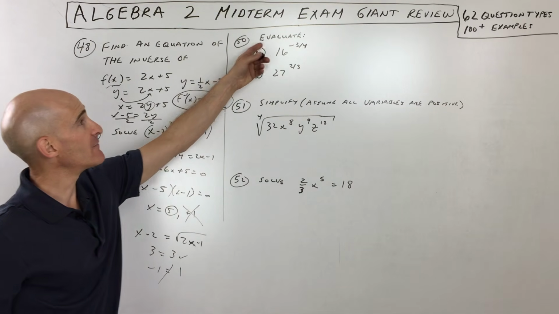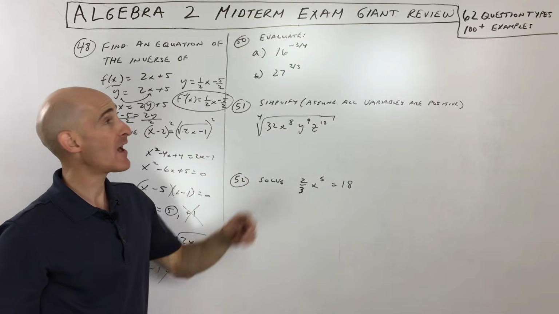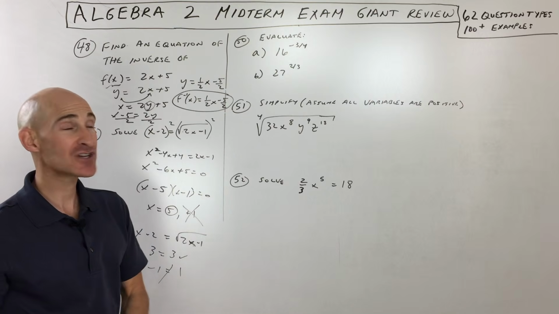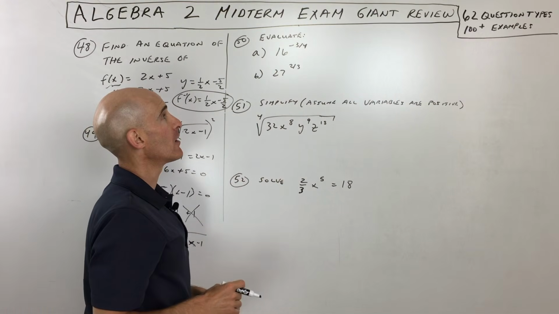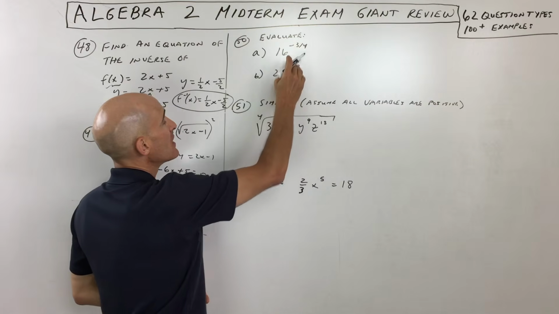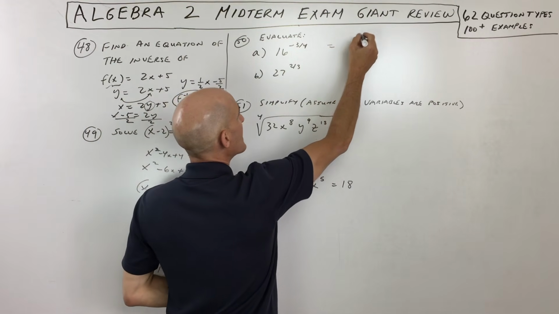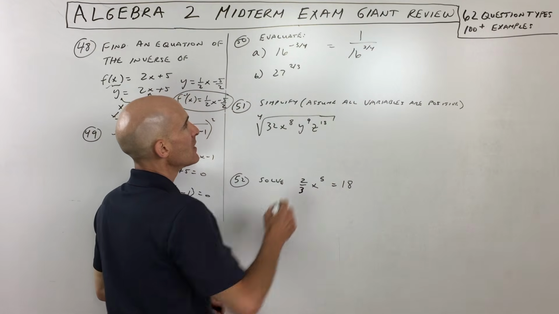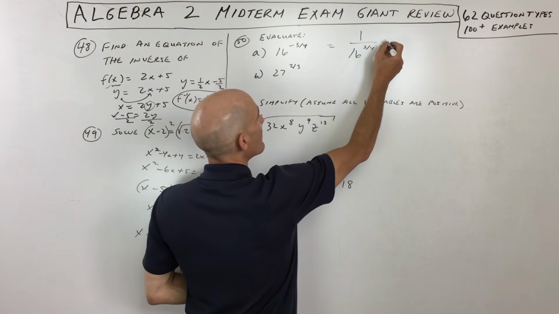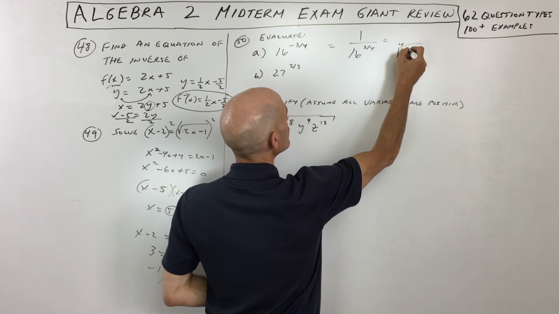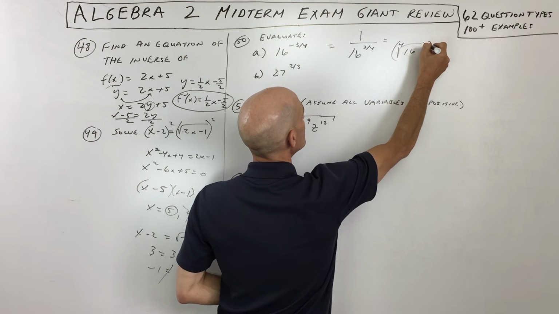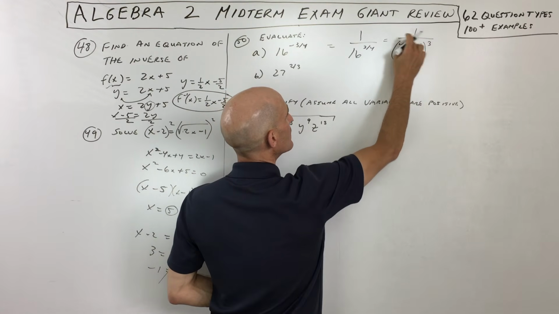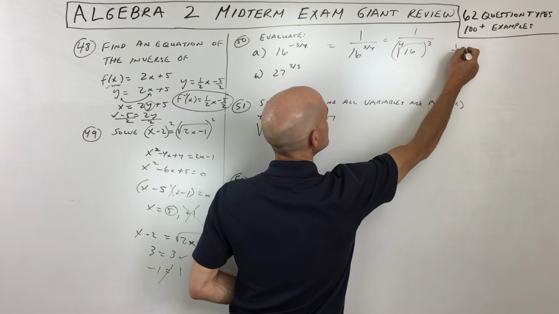Okay, number 50, it says evaluate. Now remember when it says evaluate, that means find the value. And what they're testing us on here are rational exponents, or what could be called fractional exponents. Ratio means like a ratio of an integer divided by an integer. Now remember, when you have a negative exponent, that says to take the reciprocal or move it to the other side of the fraction bar. The denominator is the root, the numerator is the power. So what we're really looking at here is the 4th root of 16 cubed. So what number times itself 4 times is 16? That's 2. 2 cubed is 8, so this comes out to 1/8.